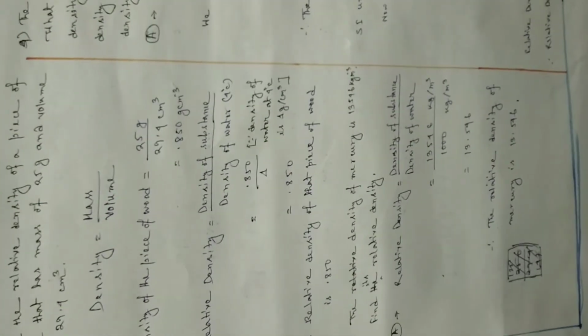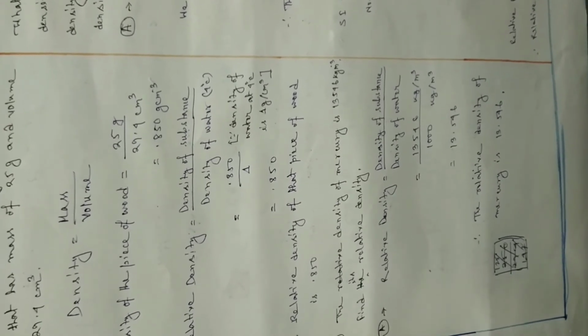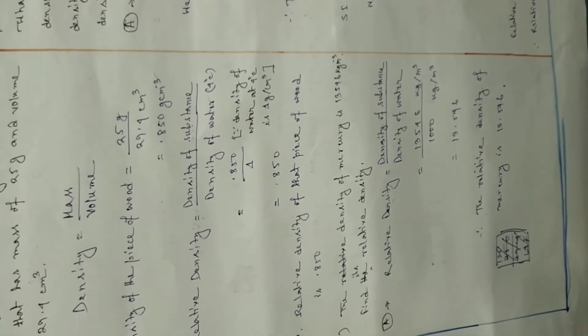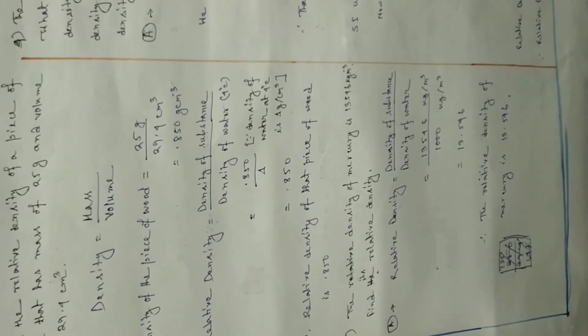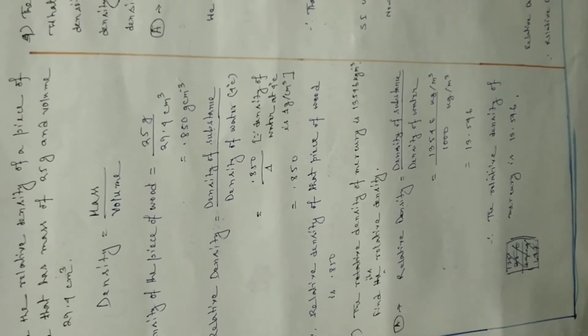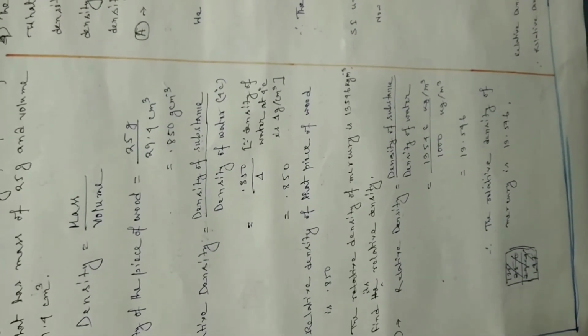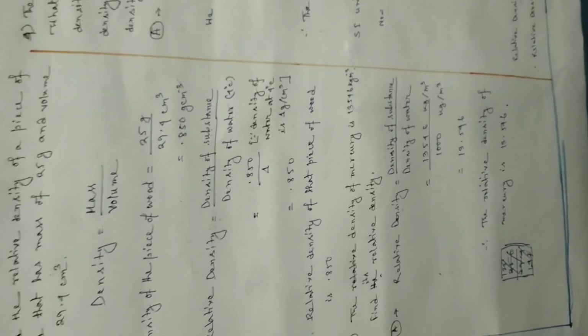Now in the third example, see, the density of mercury is 13546 kg per meter cube. Find its relative density. So relative density is density of substance by density of water. Now here it is given in SI unit, that means in kg per meter cube. So in SI unit, the density of water is 1000 kg per meter cube. So you shouldn't make